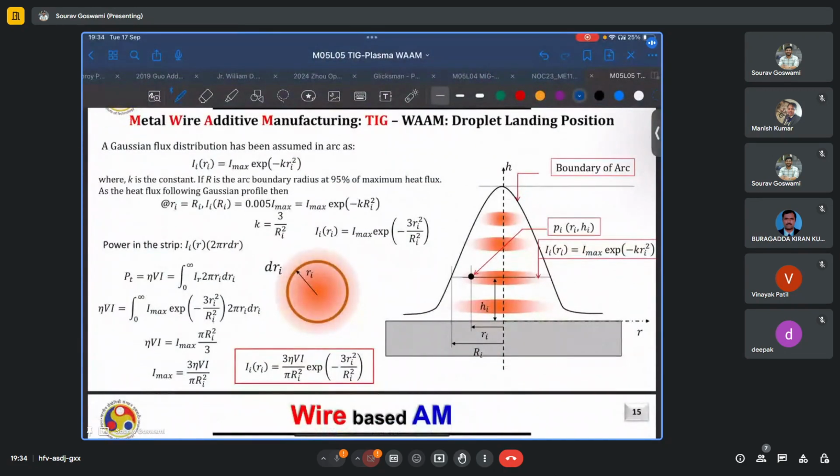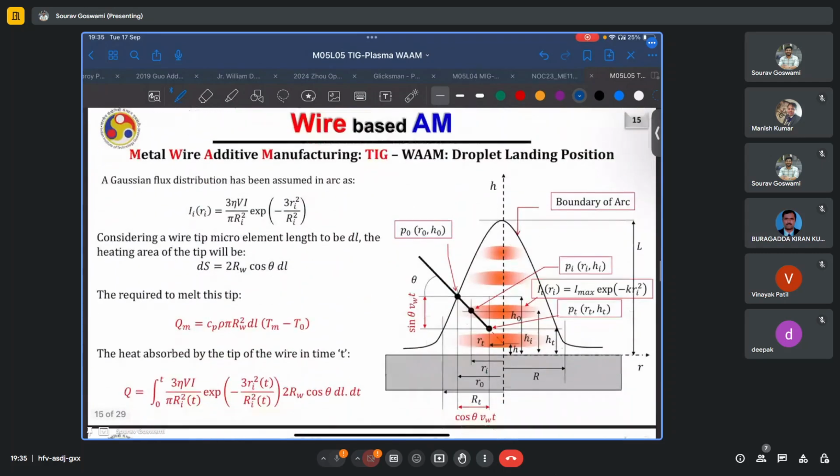We have already performed some similar calculations previously for the case of laser, where the energy distribution across each cross section was also Gaussian. So these expressions might be familiar to you, such as this one, where we looked at the energy contained in such a small disk at a radial distance Ri and of a thickness dri. Then we integrated over the entire region to find the expression for the maximum energy. Finally, we end up with this expression that is required to melt just the tip of a small length dl,